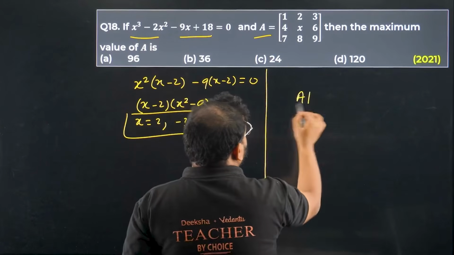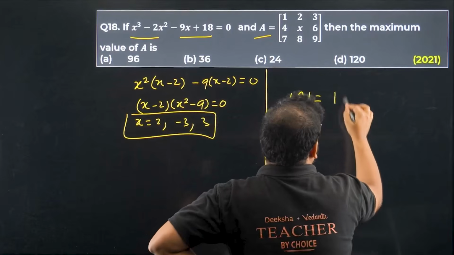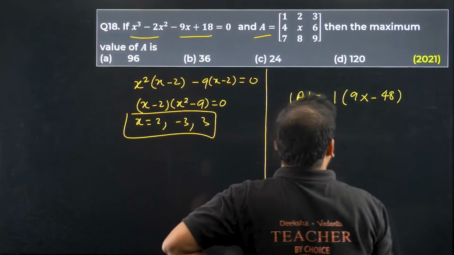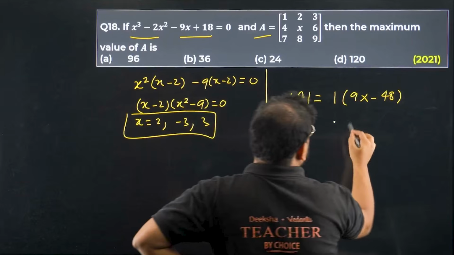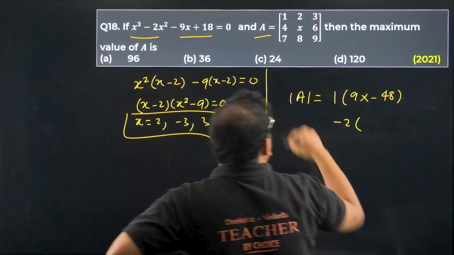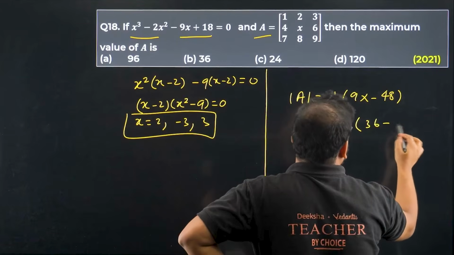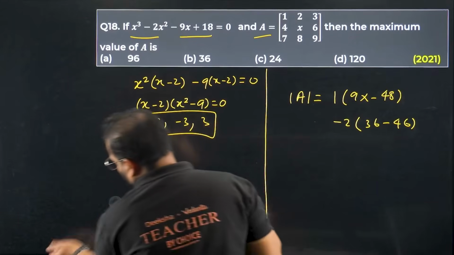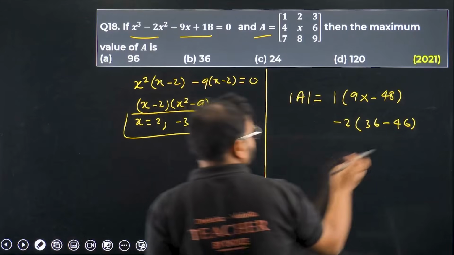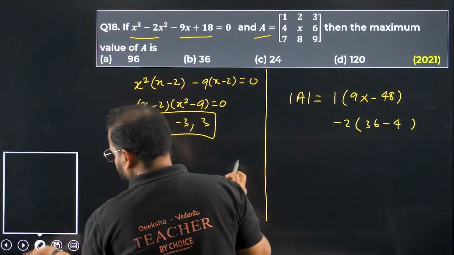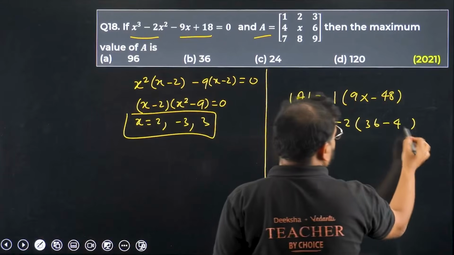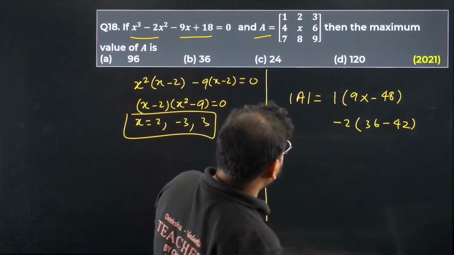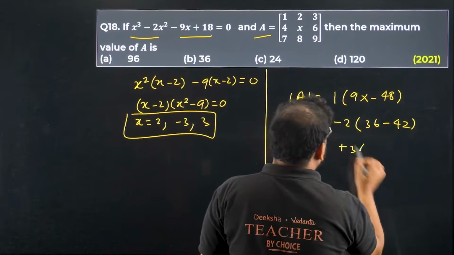Determinant of A. Across 1 you get 9x minus 48. Across minus 2 you have to get 36 minus 42. Please check: 9 sixes are 36, and 7 sixes are 42, not 46. So 42. For 36 minus 42, and we have last plus 3. Plus 3 will be